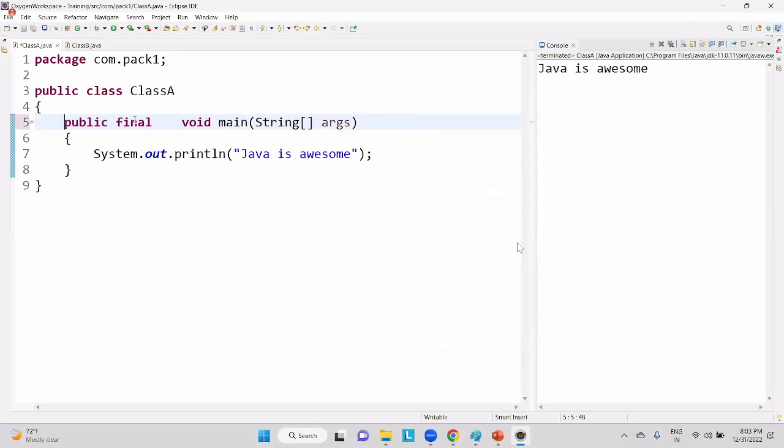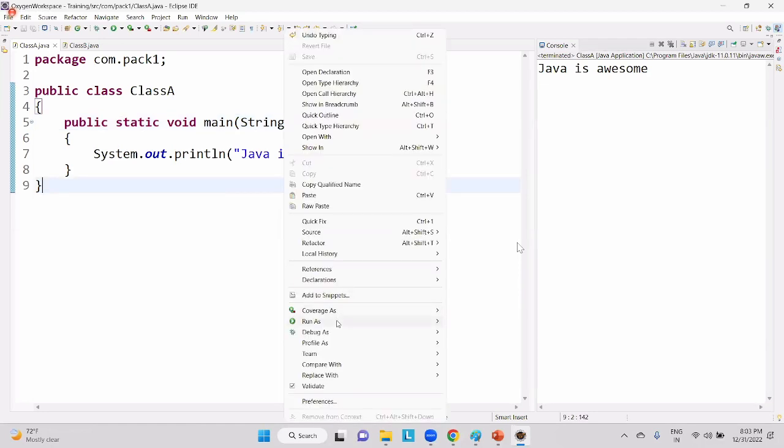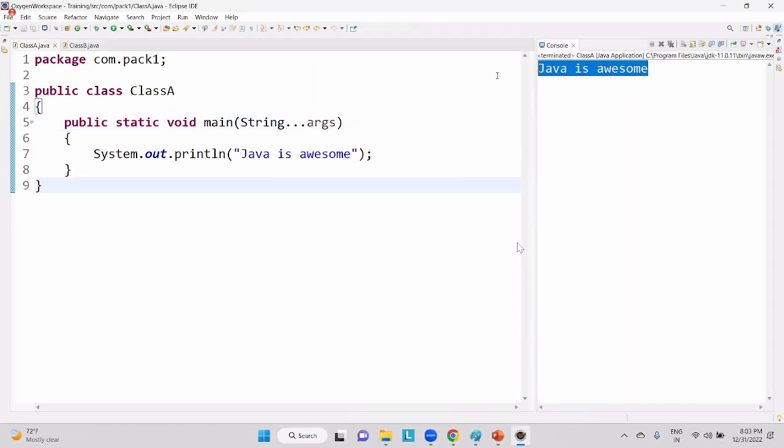Just let me try to remove this public static void main string array args. Now, let me try 1, 2, 3. Only 3 dots, not 2, not more than 3. Right click, run as Java application. Yes. Now, guys, these kind of parameters are known as